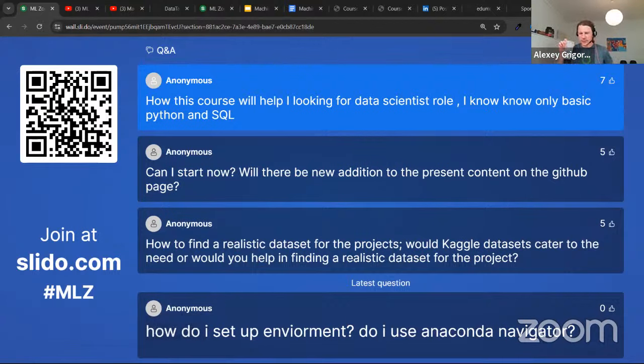Anyways, this course will help you because you will learn machine learning, and this is very helpful for data scientists. You will know the basics, but already enough. You will learn evaluation metrics, and you will learn to deploy your models. This is, I would say, 70% of what you need for the work. You will also need a lot of business skills and communication skills that we do not cover in this course, but you will learn them by practice. What we talk about here is enough to get an entry-level position.